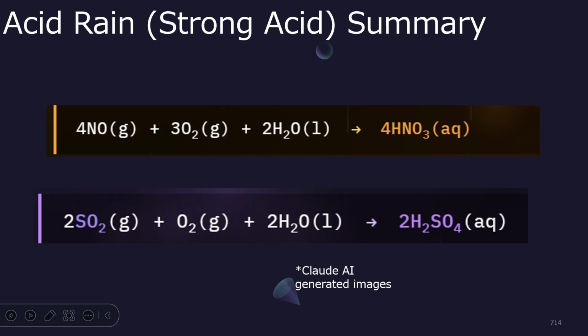On the other hand, sulfur exists as impurities in fossil fuels. When they are combusted, they'll make SO2. SO2 can react to make SO3 or H2SO3, but in the end, those will react with water to make H2SO4. So the key to remember here is that you have your problem oxides, nonmetal oxides with nitrogen and sulfur, mixed with reactive atmosphere species, oxygen and water vapor or liquid water. And on the right side of these equations will be the problem strong acids, HNO3 and H2SO4. So try to remember that. Try to be able to explain a little bit about what happens. Generally, it is oxidation and reaction with water.